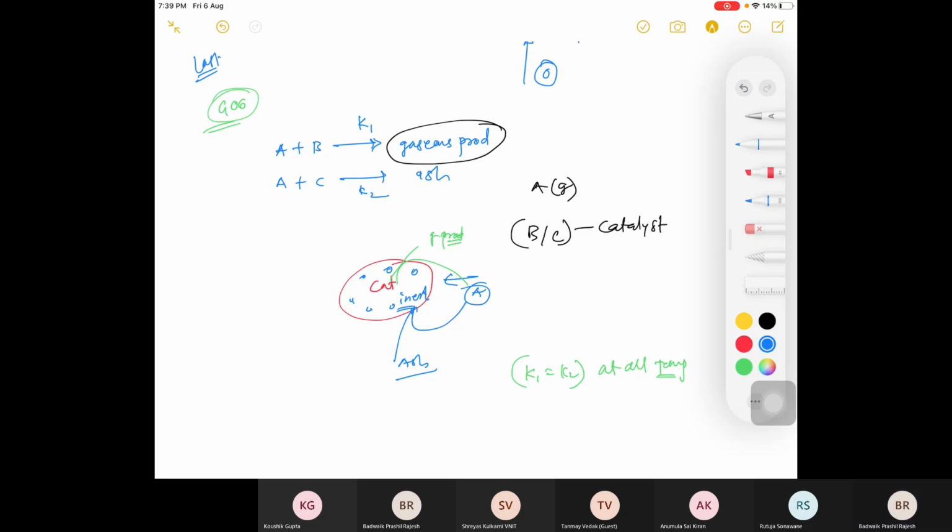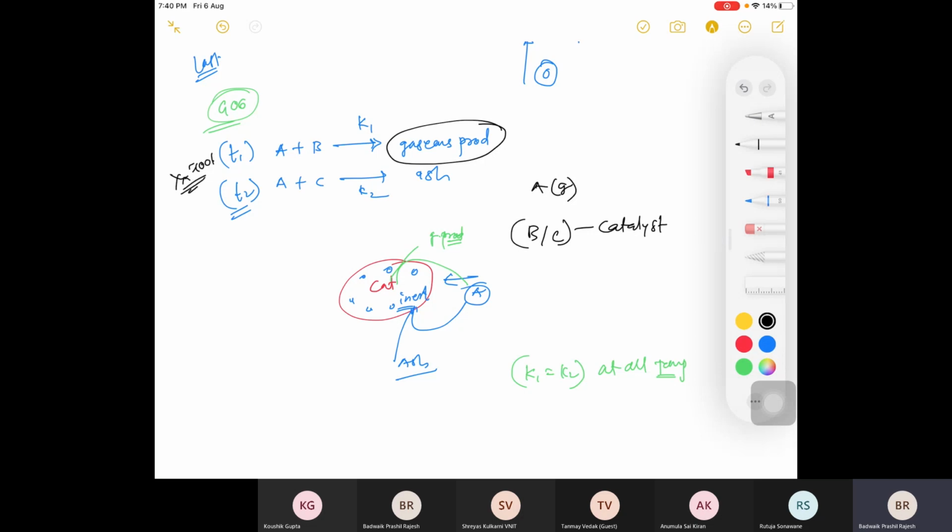Okay, see. So T1 is the time for A to completely consume particles of A and B respectively. So T1 is for B. Wait, T1 is for your B and T2 is for this. Okay. The time required to complete the conversion, you can say, for XA equal to 100%, is given.